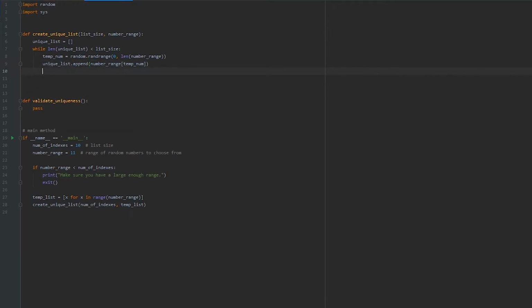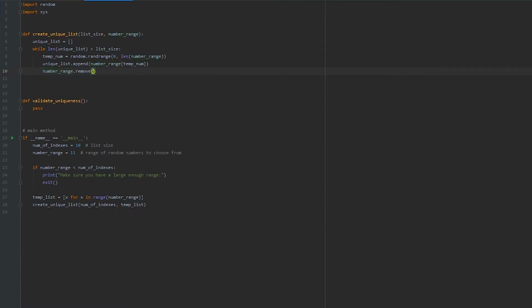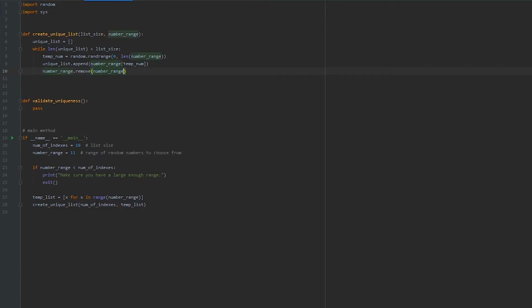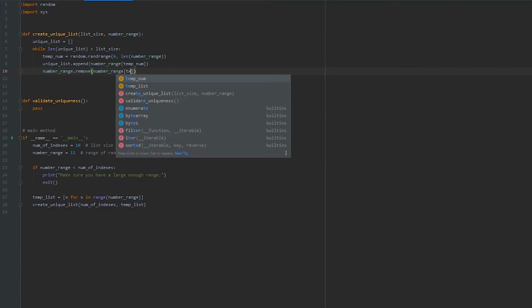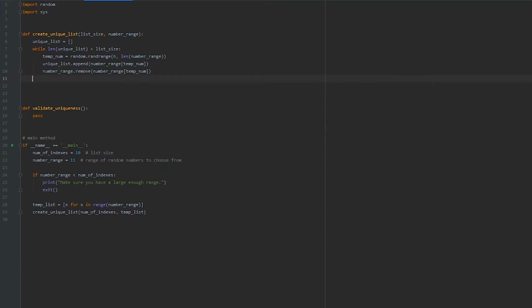And then once we do that, we remove it from the number range list. So we do number range dot remove, and then we just do number range temp num, and that's it. And then what we want to do, we have two options. We can print out the unique list, which is what I'll do. And so if I just run this right now,